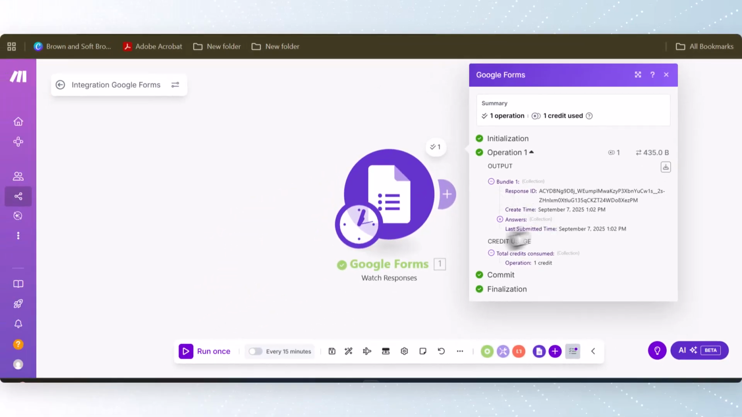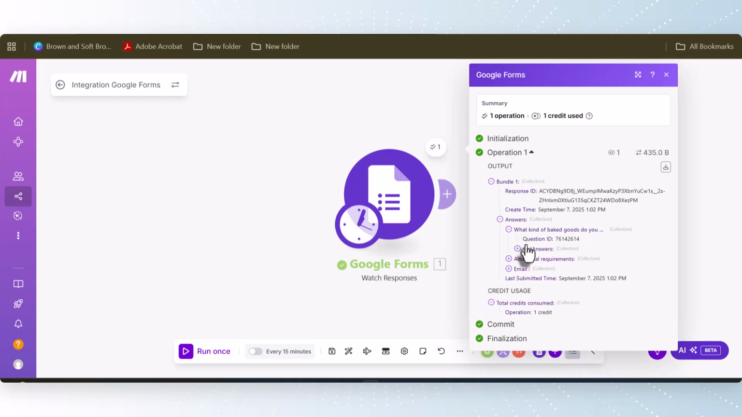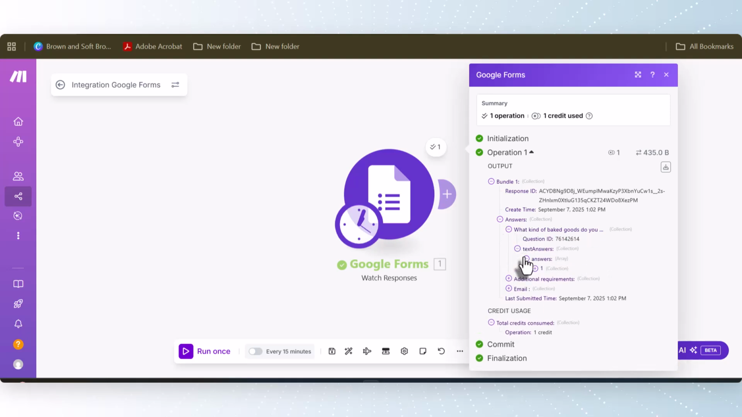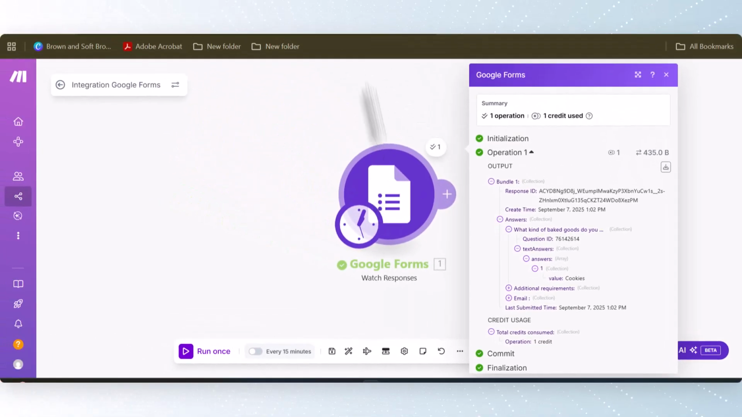Now, if I go down into answers and then I expand on what kind of goods was ordered, I can actually see the value of cookie here, which means it's working as it's supposed to. Fantastic. All right, so now that we have the trigger tested and we know that everything is working as supposed to,